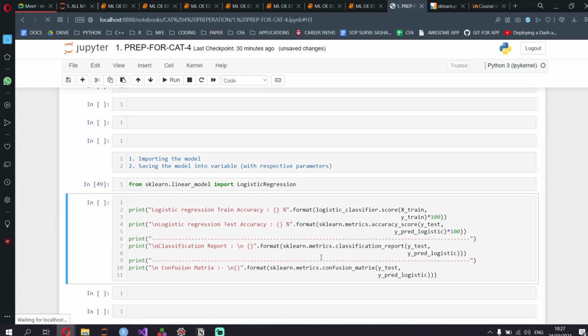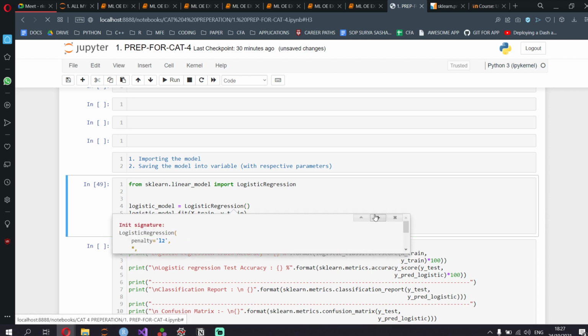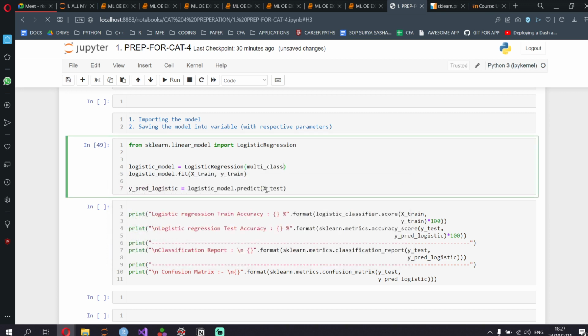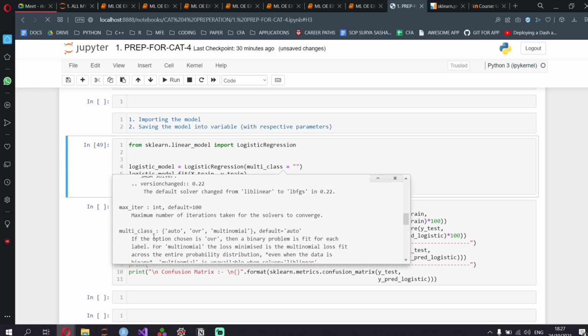Let me just run this. Okay, say I have multiple classes. What I need to do is, there's this one thing called multi_class. Multi_class is set to auto, which means it will detect whether it's binary or not. Say I have more than 2 classes, I have to put multi_class equal to, I need to scroll down till I see multi_class.